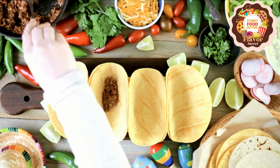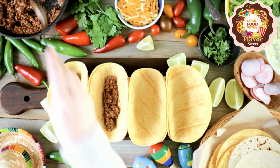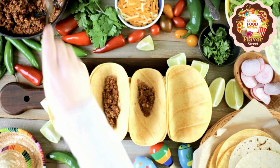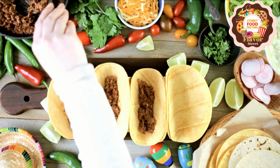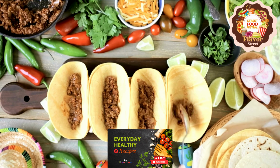Beef, seasoned ground beef, with taco seasoning. Chicken, shredded, slow-cooked or grilled. Pork, carnitas, braised and crispy, or al pastor, marinated. Fish/shrimp, battered or grilled, for Baja-style fish tacos. Vegetarian, black beans, refried beans, tofu, or